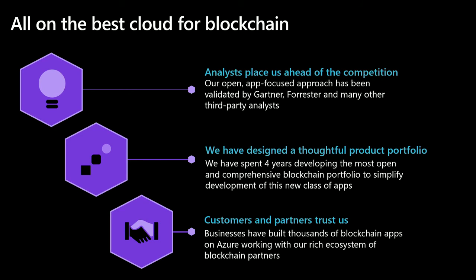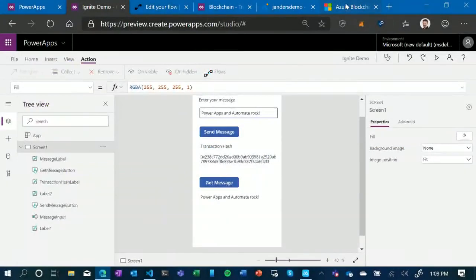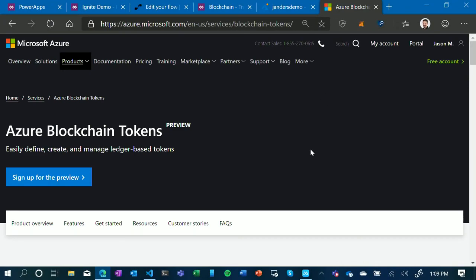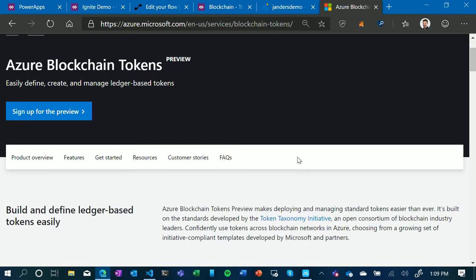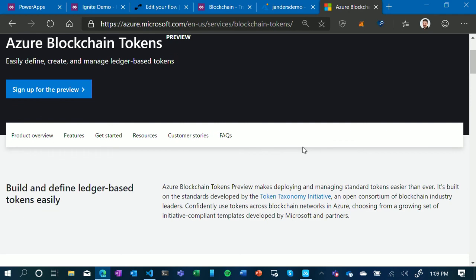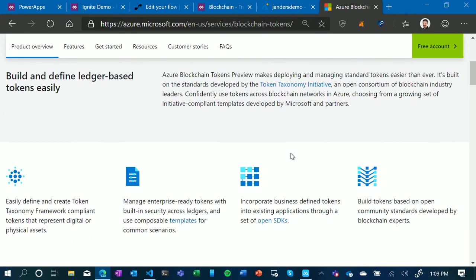So having said that, one of the things that we've tried to do, as you can tell, is, and I didn't talk about a lot of our other announcements. In fact, let me just quickly switch back because there's a bunch of other stuff that we're doing. We announced a new service this week called Azure Blockchain Tokens. So when I talked about that refrigerated supply chain scenario where we're changing custody, we're effectively transferring a tokenized asset, crates of milk, from one party to another, and then they hold custody and responsibility for that asset. Azure Blockchain Tokens is a new service that we have in private preview right now that effectively lets you define the characteristics of the token.